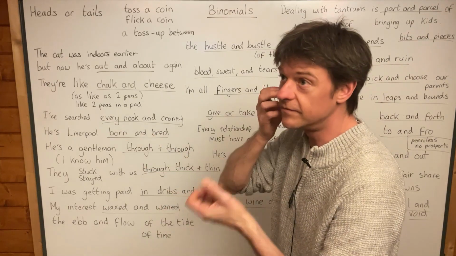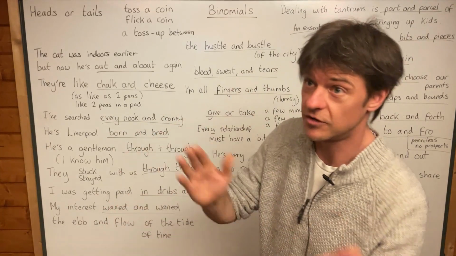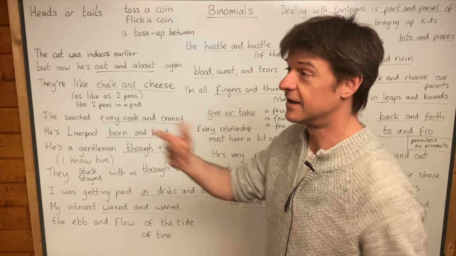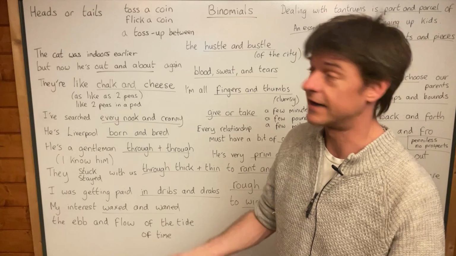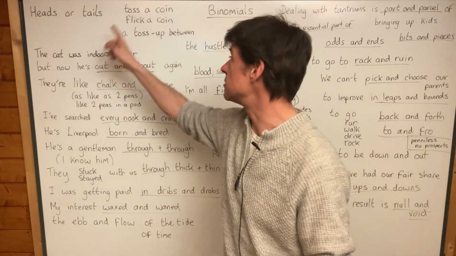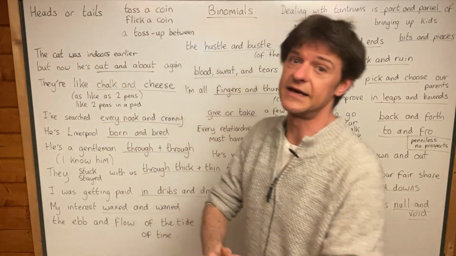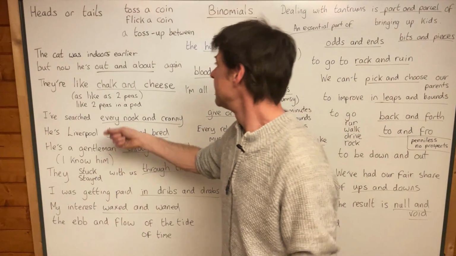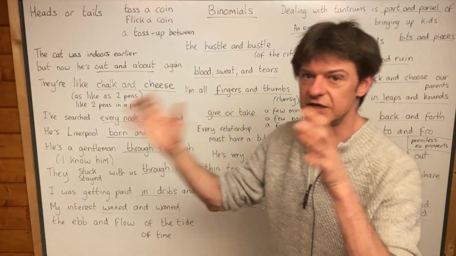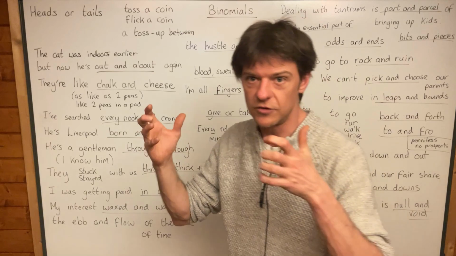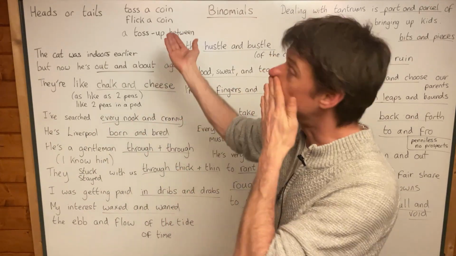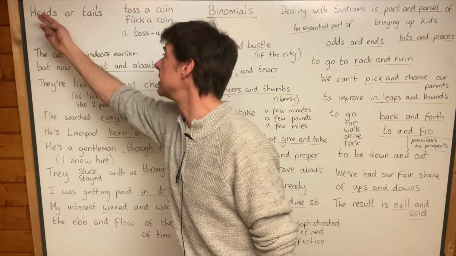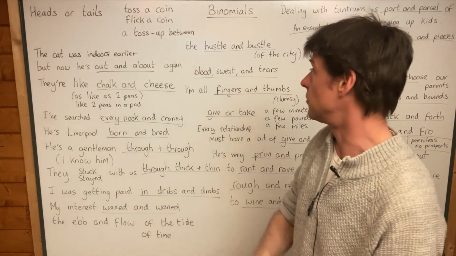You take a coin and you flick it, and you say, okay, heads or tails. And it's when you want to make a decision about something and you've got two options, or maybe you're choosing who will go first. For example, in a football match, at the beginning the referee usually tosses a coin, and if you win the toss, then you choose which side, which half you want your team to begin defending in. And so that's why they toss a coin at the beginning of a football match. But you say heads or tails when you toss a coin, okay?